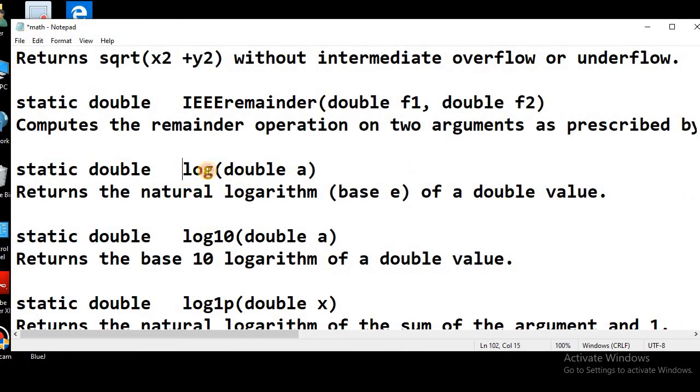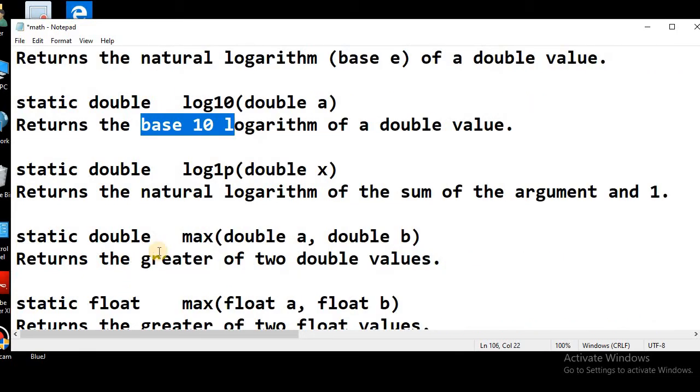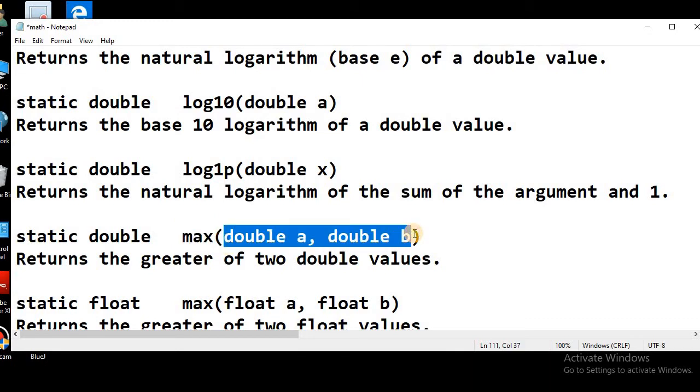We have the log function that will return the natural logarithm with base e, and we have log10 that will return with base 10. We have a max function that will identify the maximum of the two given double values, float values or integer values.